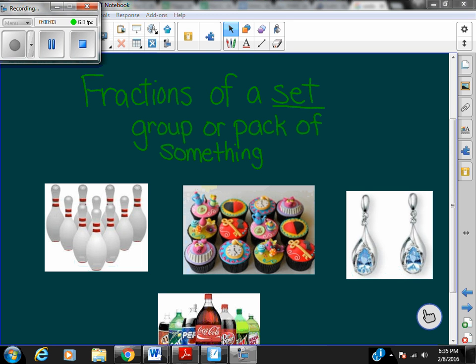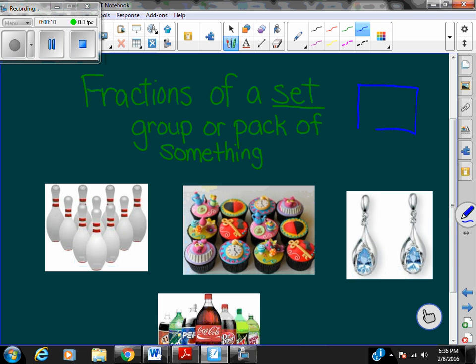Fractions of a set. We've been talking about fractions of a whole. So one shape that we've been breaking up. That's in 2 parts, so that would be halves. That's in 4 parts, so that would be fourths, and so on. We've been talking about these kinds of fractions where the whole is one thing. Well, today we're going to talk about fractions where the whole is a set or a group or a pack